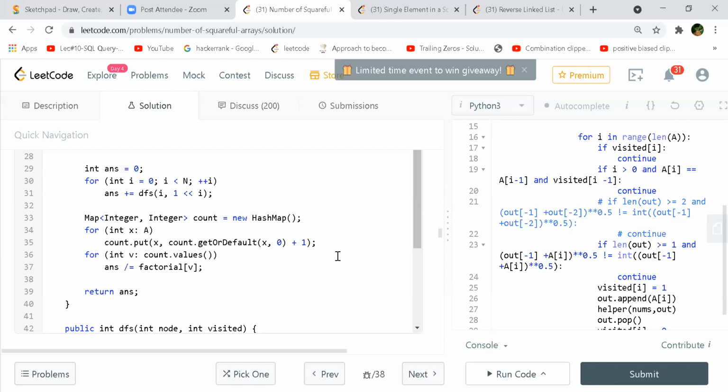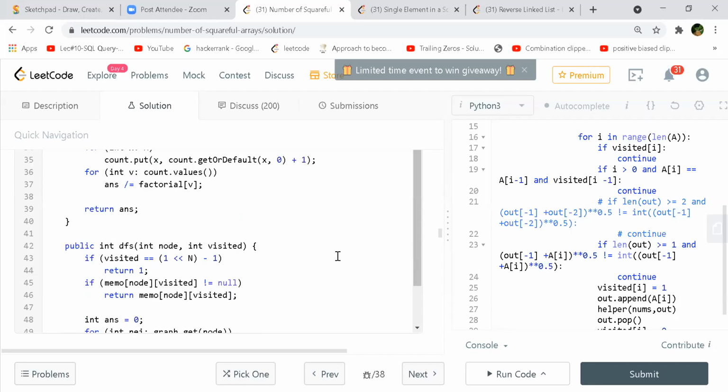So typically, how is memoization done? I've never done memoization for a DFS before. Is this a standard way? Yeah, it is very standard. Whatever the input parameters are that change the state, you just use those and form that many dimensional array. So if the visited was not bounded by 12, then would this have worked?